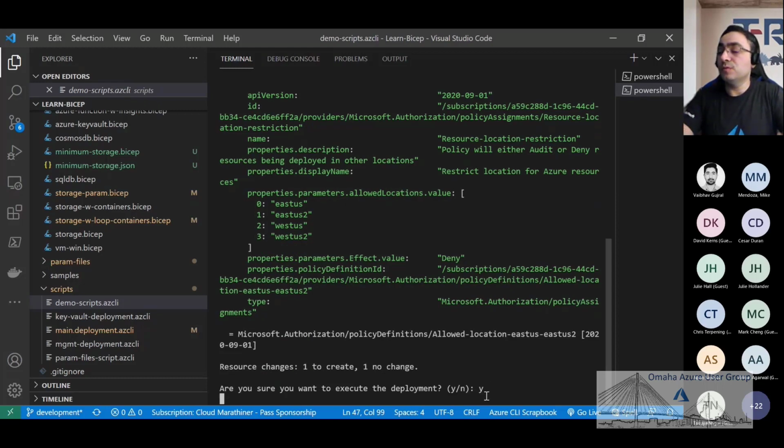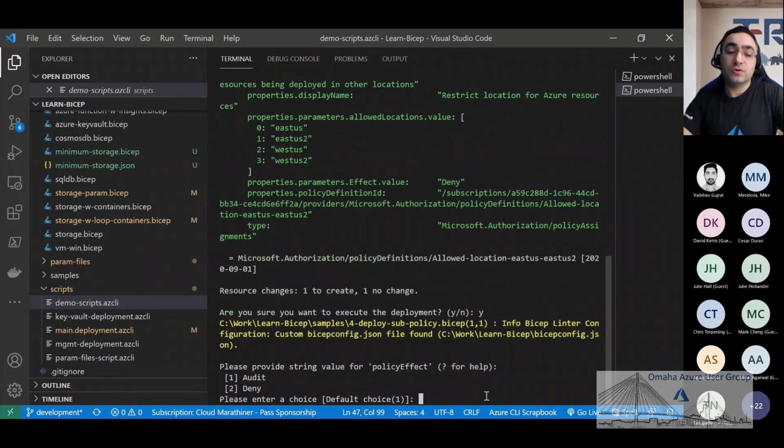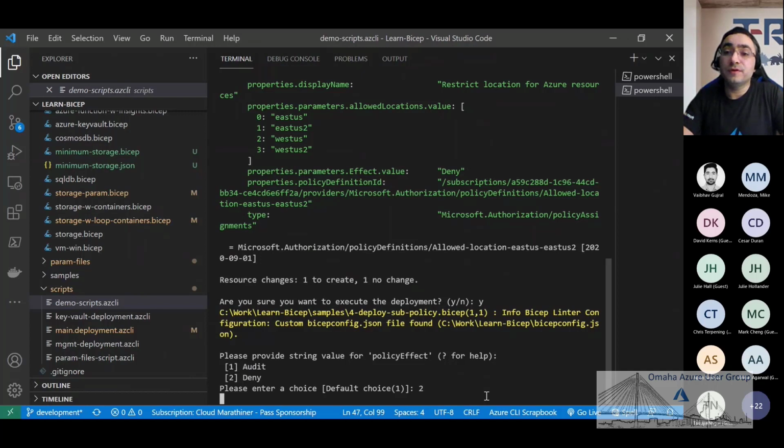And say, okay, that's what we expect to happen. Let's press Y. And then it's going to ask us to do the same thing, because we have to enter this effect of policy where we want to deny and not audit. And now it's going to deploy this policy into the subscription. And while deployment is going on,